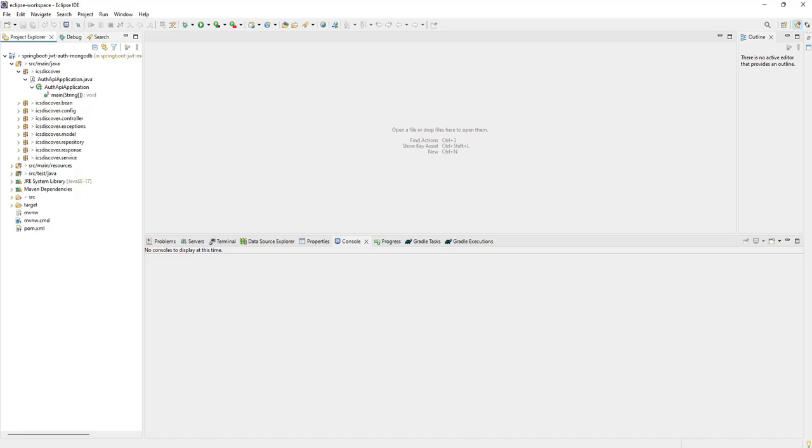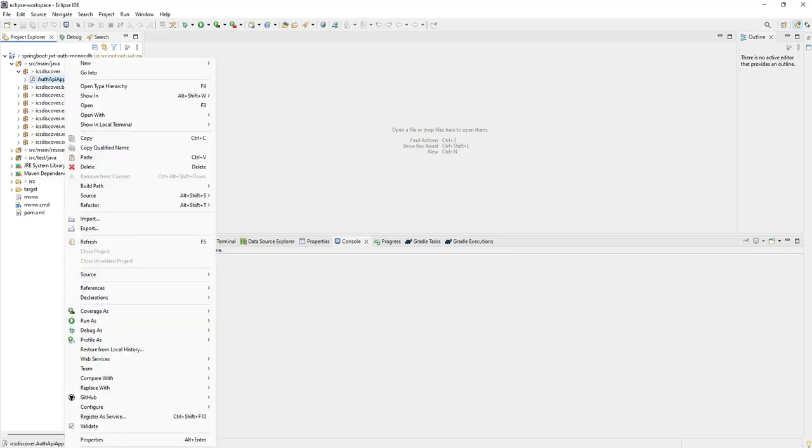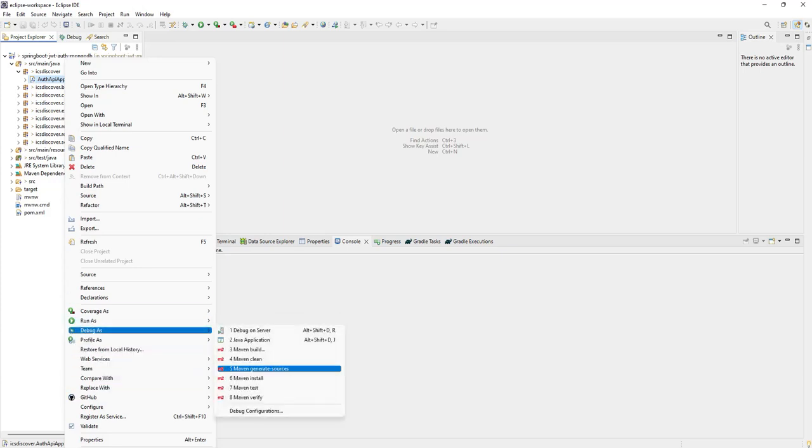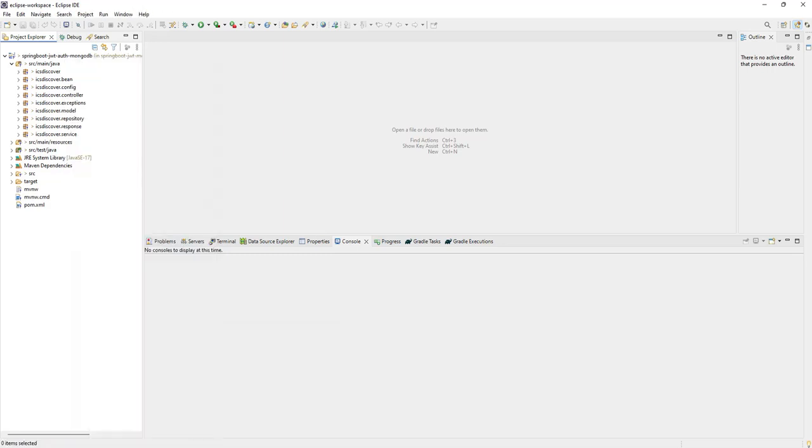Of course, I'm gonna go ahead and run it quick. So you can right click on this file right here, auth API application, and go to debug and go ahead and run Java application. That way you can run it in here. So I'm going to use this IDE to show you and explain the Java code. But if you want to just run it, of course, as I mentioned, you can run it from here, but